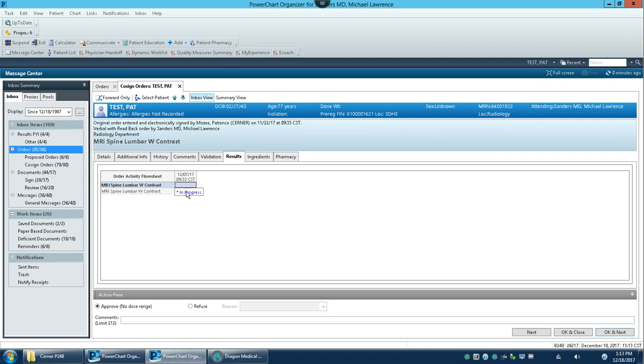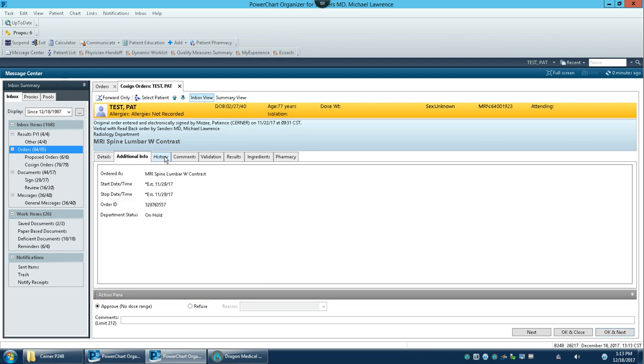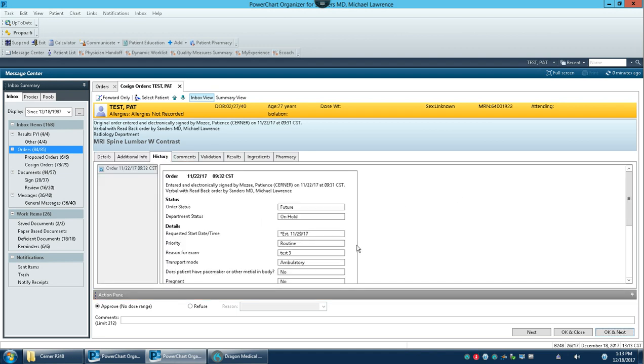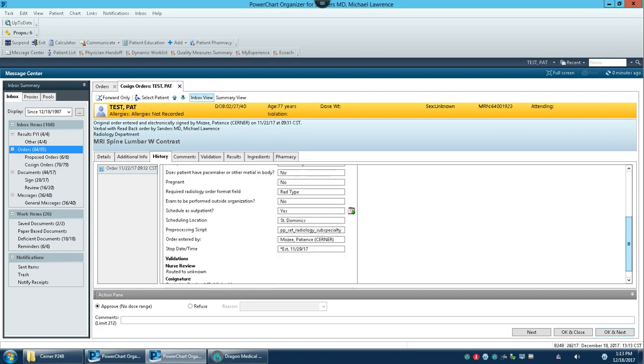So I can actually double click in here and look at the results of this MRI. And I can say approve and say OK and next. That brings me to the very next order. So I keep doing it that way. And that's the most thorough way to do your orders. But it's not always